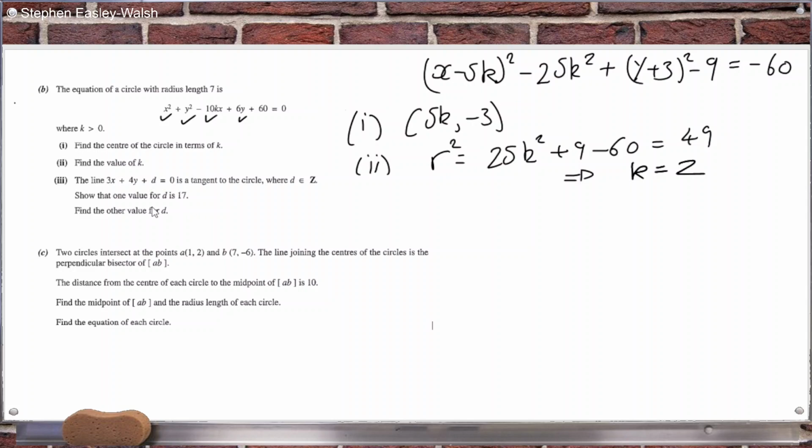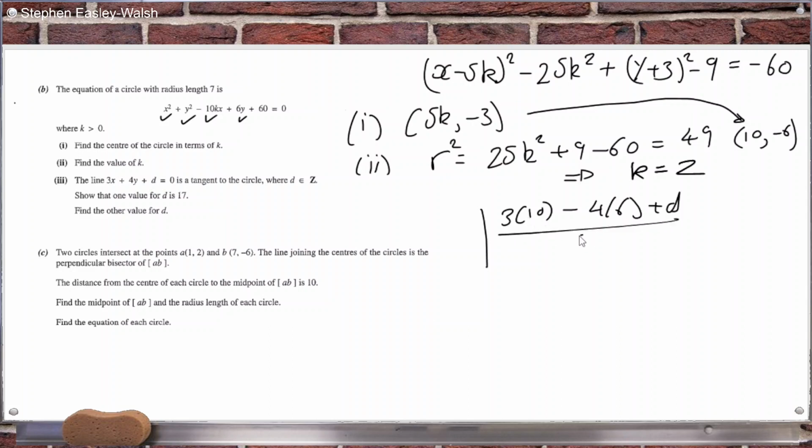And that line is a tangent to the circle. Find d. So this is the perpendicular distance. And the center now, by the way, would equal 10, minus 6. So the formula would be 3 times 10 minus 4 times 6 plus d, over the square root of 3 squared plus 4 squared, which is 5. And that's supposed to equal the radius, which is 7, which means,